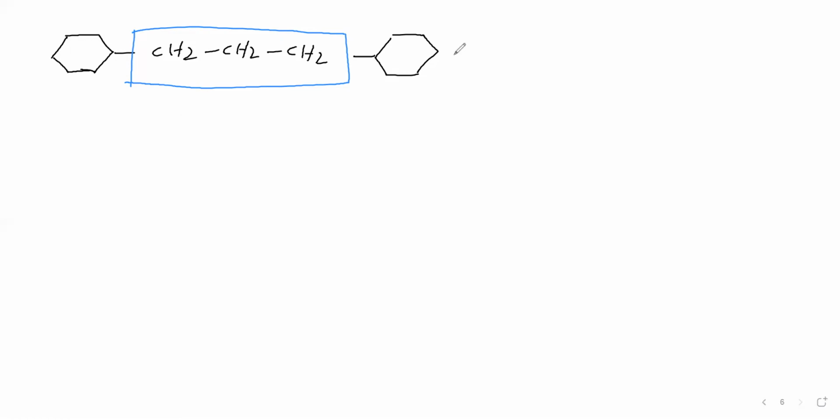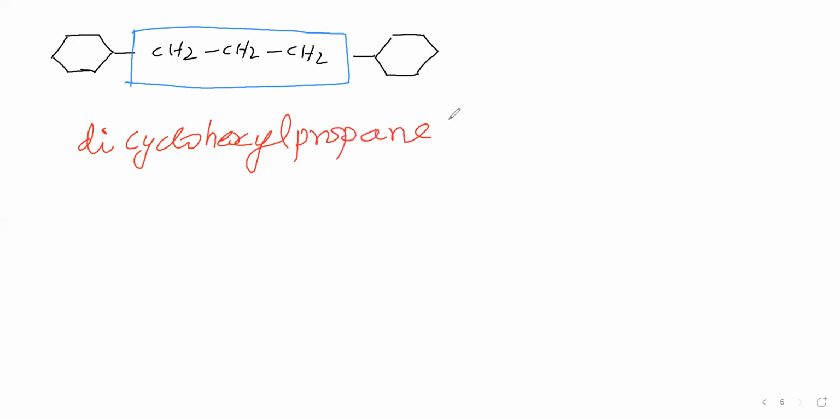So this is the branch. The branch name: it is a cyclic compound, therefore cyclo. It contains 6 carbons, therefore hex. Since it is a branch, we say yl. Cyclohexyl. It is also cyclohexyl. How many times? 2 times. This we have considered as parent. This contains 3 carbon atoms, therefore prop. Carbon, carbon, single bond, therefore ane. Then we have to give numbering. Here number 1 carbon, number 2, number 3. Now this position is number 1 and this position is number 3. Therefore 1,3-dicyclohexyl propane.